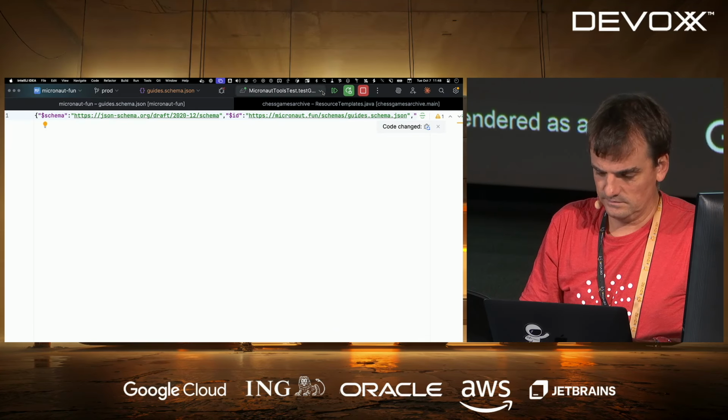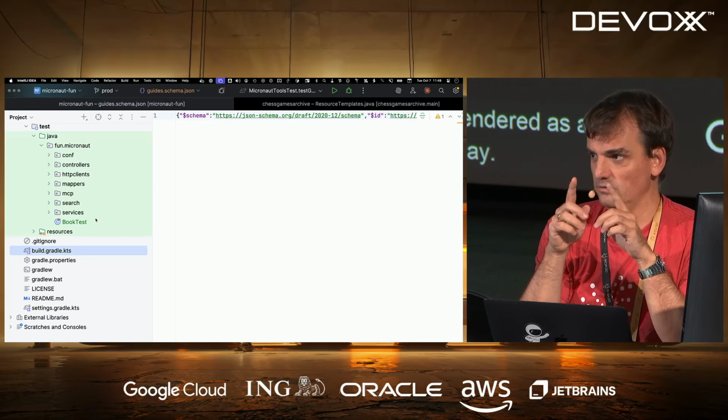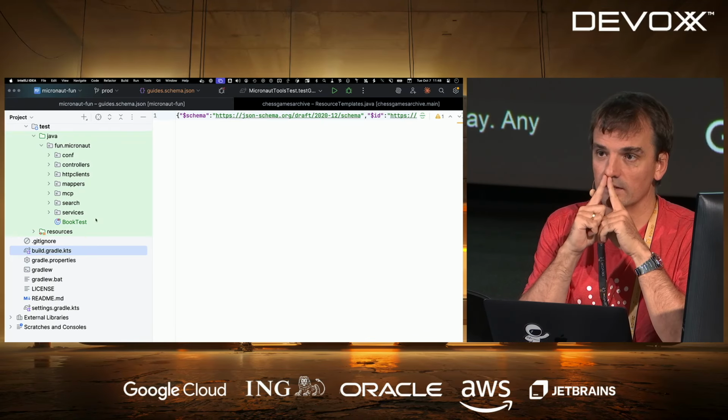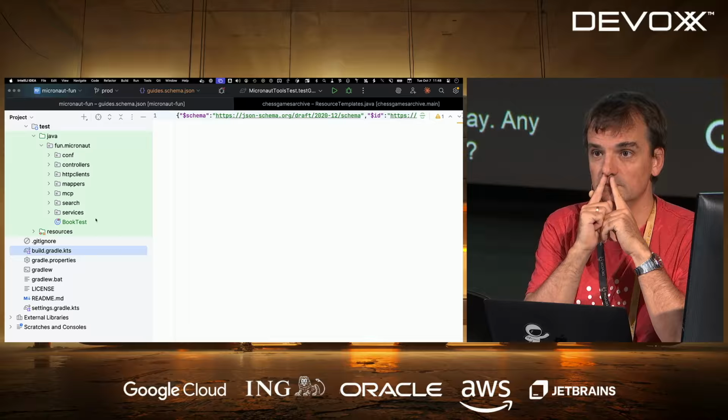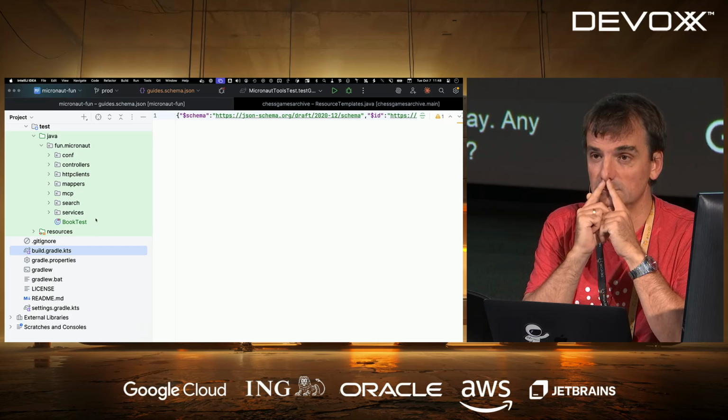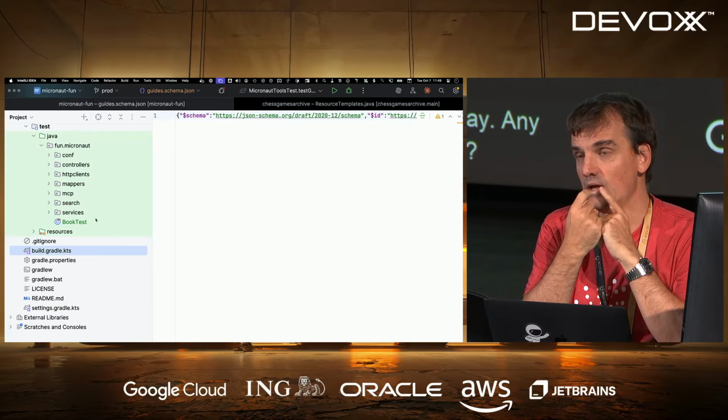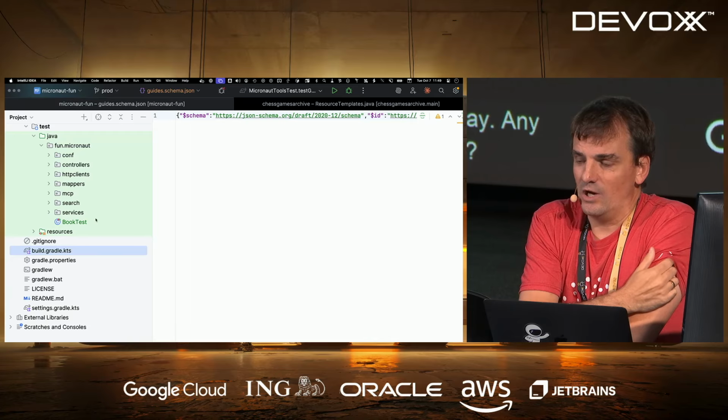Okay. Any questions about prompts or resources or anything like that? When do you use a tool for getting stuff, and when do you use a resource? So a tool,